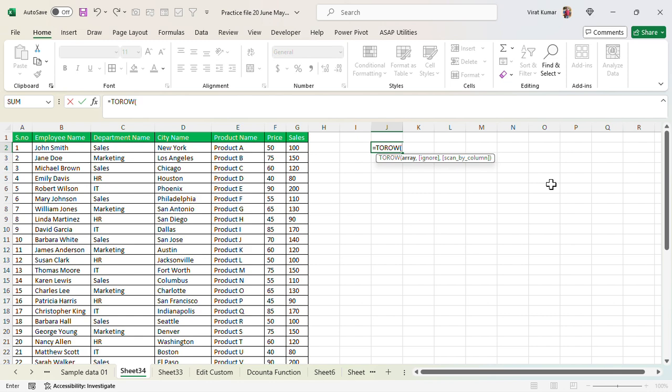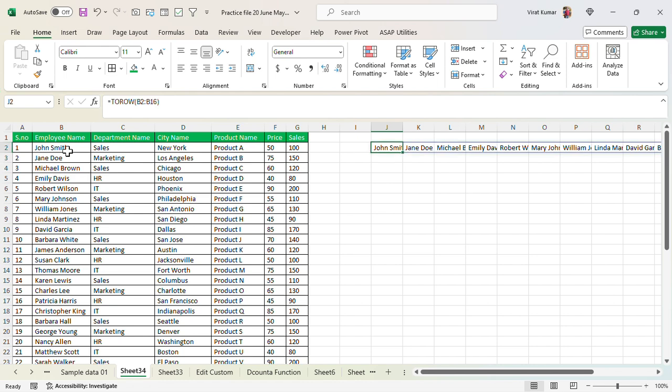Now we type the TOROW function, and the first argument is the array. For example, I select this array and hit enter. Here you can see this table data is converted into a horizontal row.